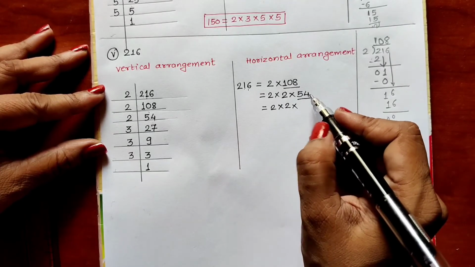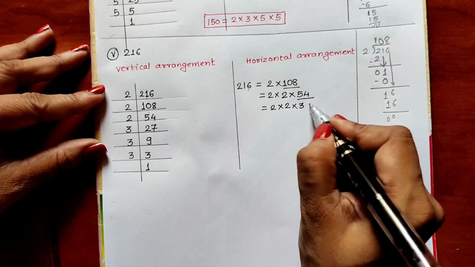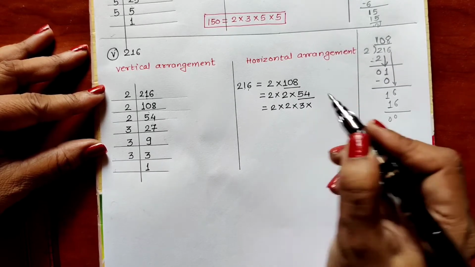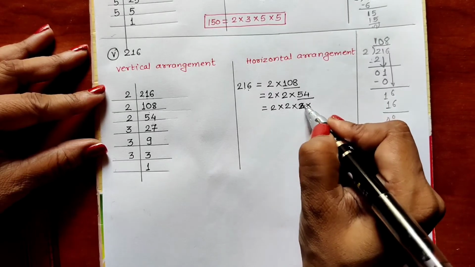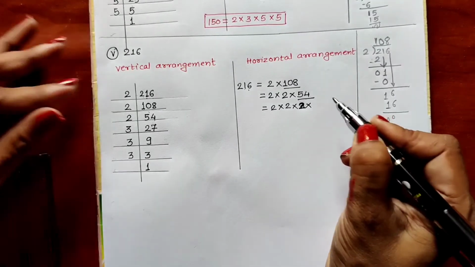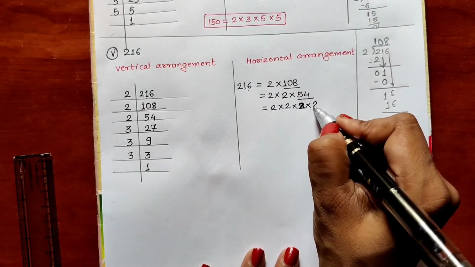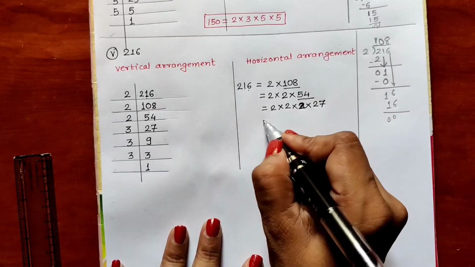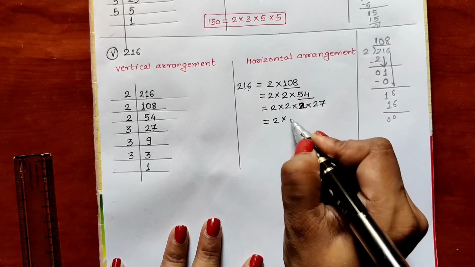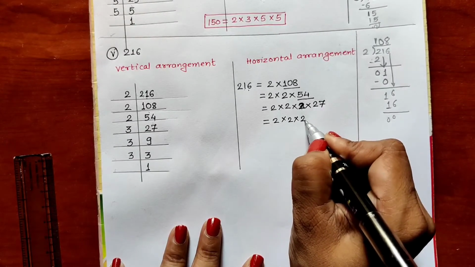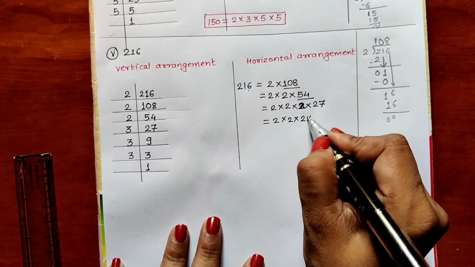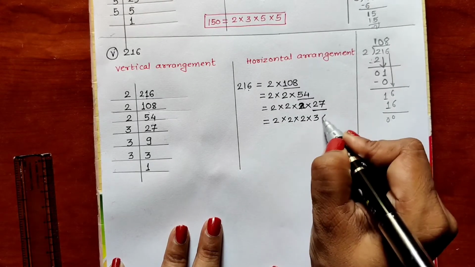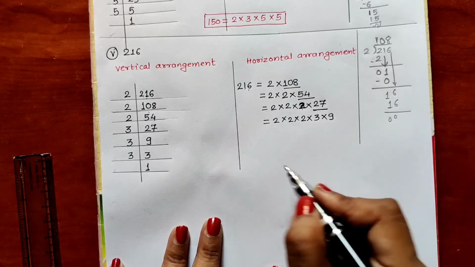We all know it is divisible by 3, so the first factor will be 54. 4 is there in the unit place. That means again it is divisible by 2. Again it is divisible by 2. 2 2s are 4, 2 7s are 14. Now the first 2, second 2 and third 2 we write as it is, they are the prime factors. We will find out the factors of 27. Factors of 27 are 3 9s are 27.